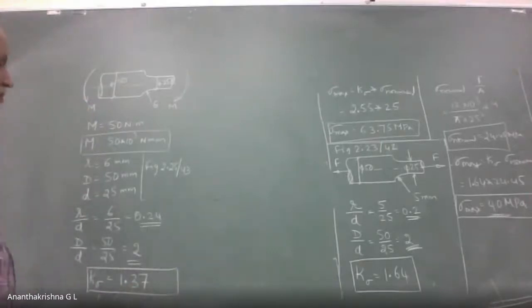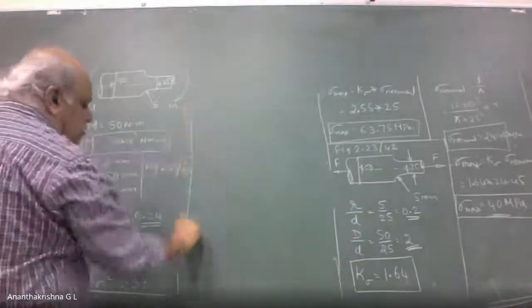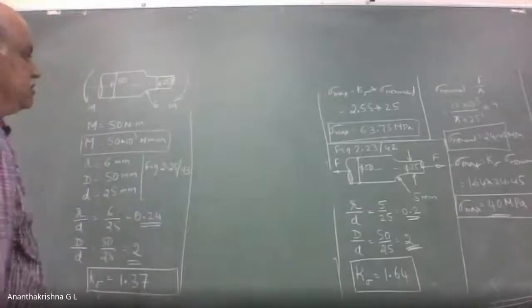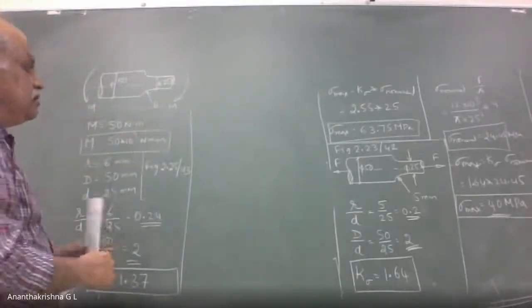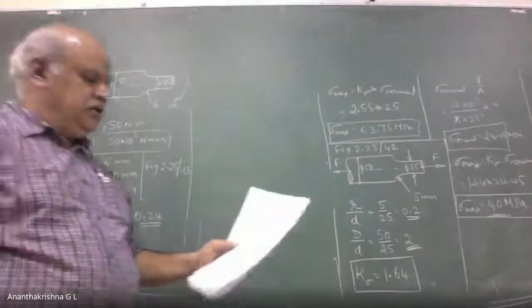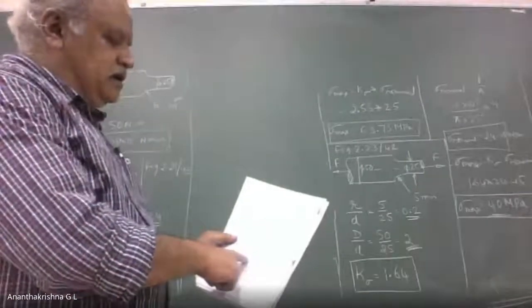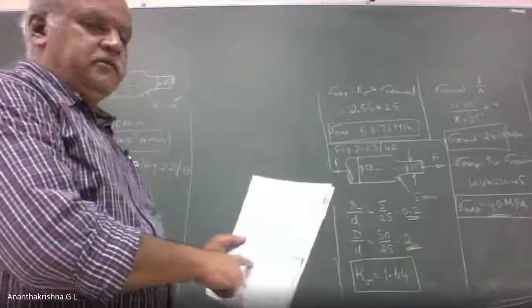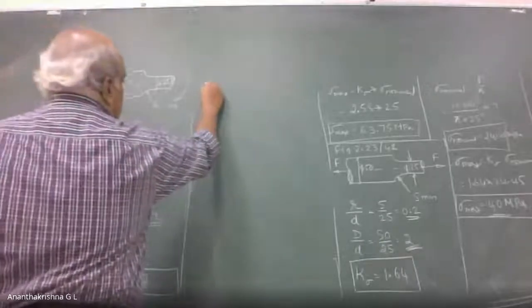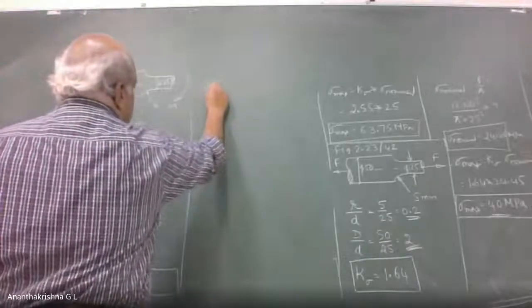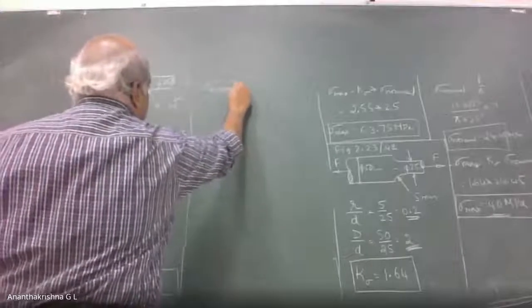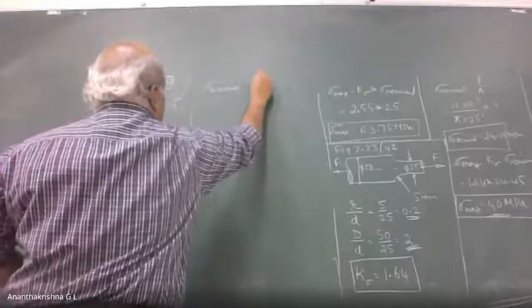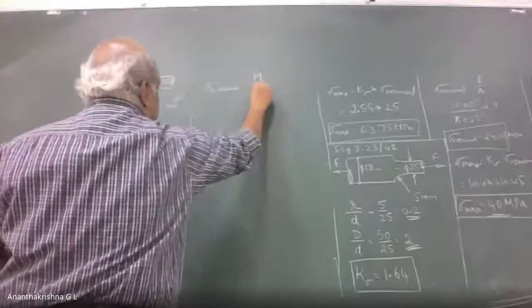1.37 is the value. Now I need to find out maximum stress. It is subjected to a bending moment, and he has given you there, if you look at the figure, Z is equal to pi d cube by 32. So therefore, we have got sigma nominal. That is, sigma bending nominal is given by what? Bending moment divided by section modulus.